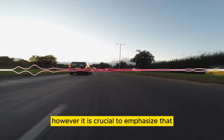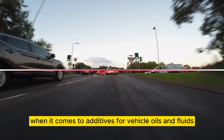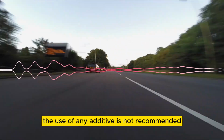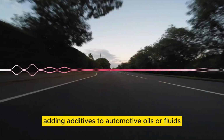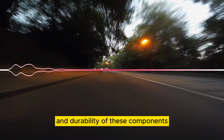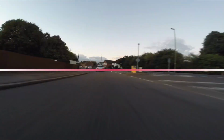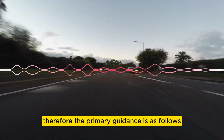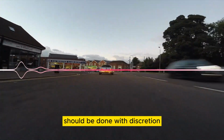However, it is crucial to emphasize that when it comes to additives for vehicle oils and fluids, the use of any additive is not recommended. Adding additives to automotive oils or fluids can impair the performance and durability of these components, as well as void manufacturer warranties. Therefore, the primary guidance is as follows: the selection and use of automotive additives should be done with